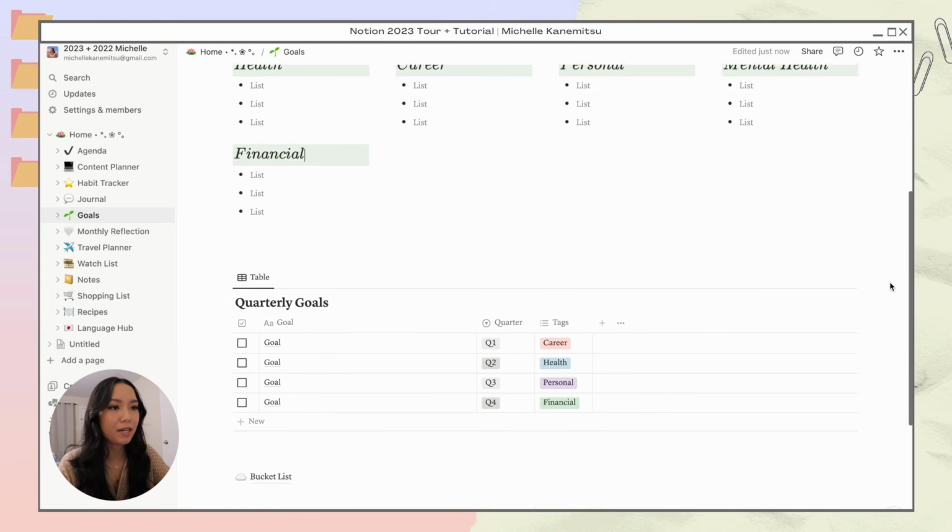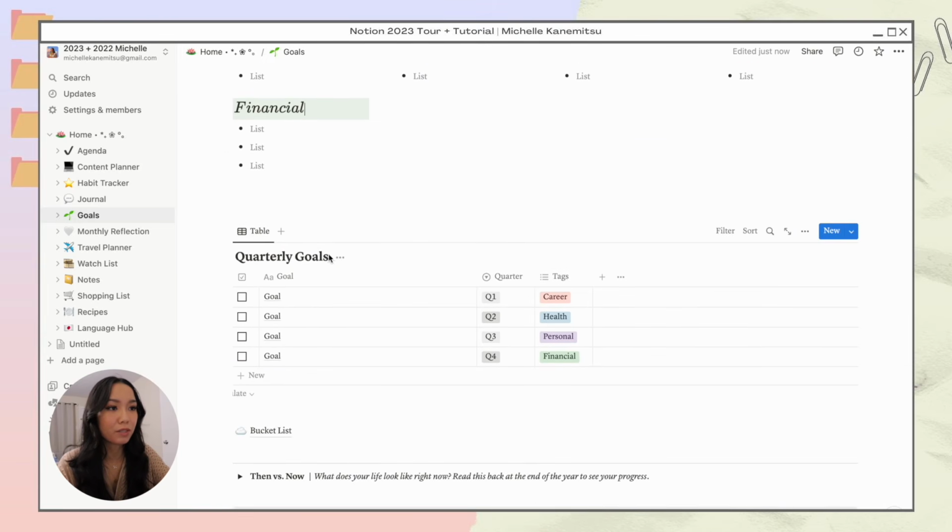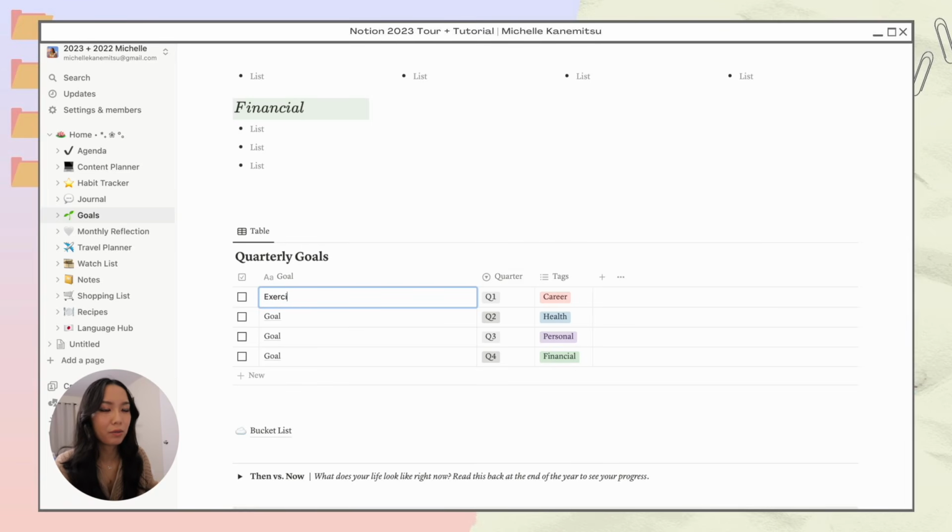Then moving down, I have this table for quarterly goals, and my friend talked about how she breaks up her goals into quarterly goals to make her goals more attainable. I thought it was a good idea, so I created a table to kind of go off of that. For me, one of my goals is to exercise 3 times a week, every Monday, Wednesday, Friday, for at least